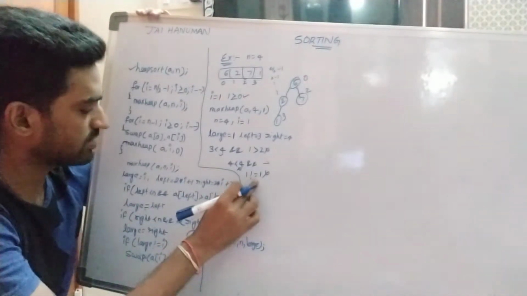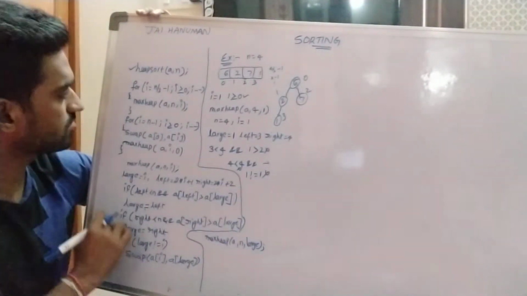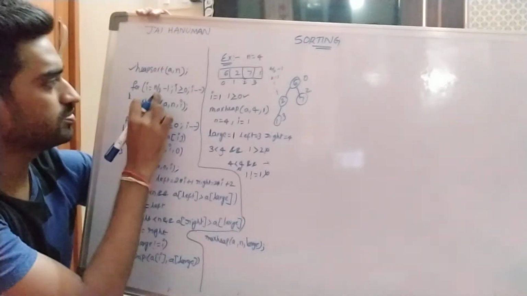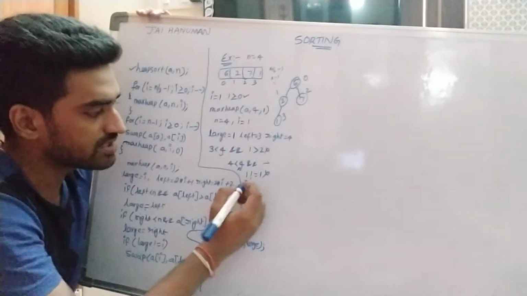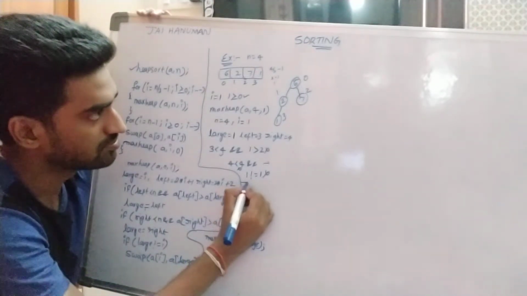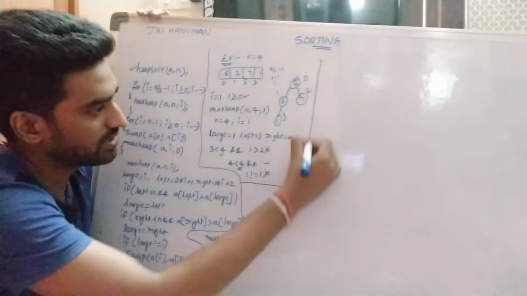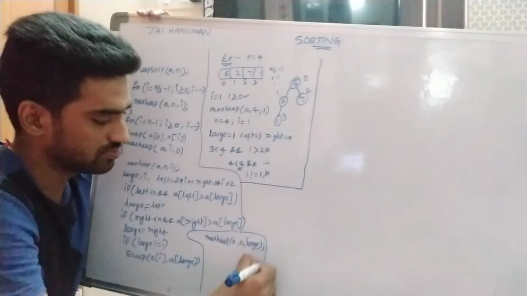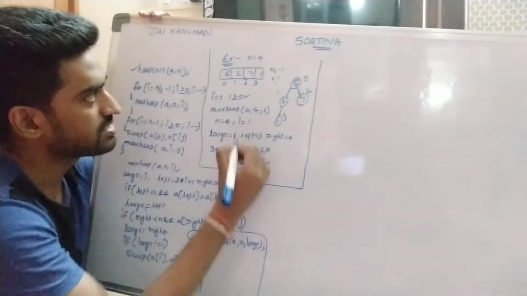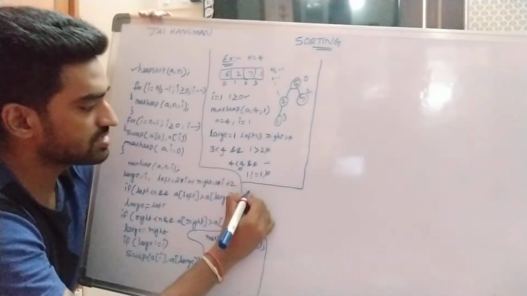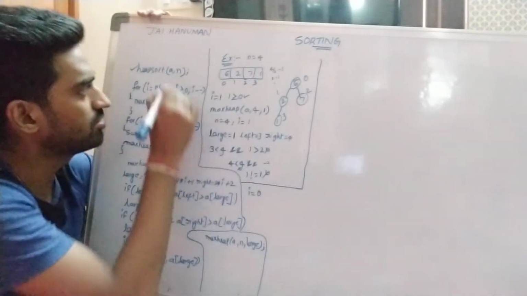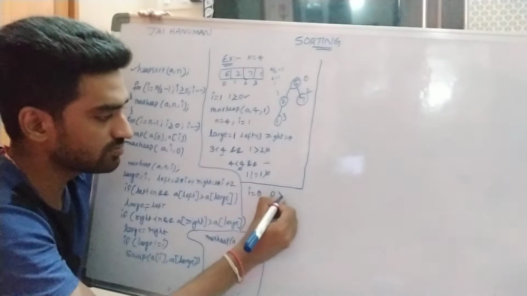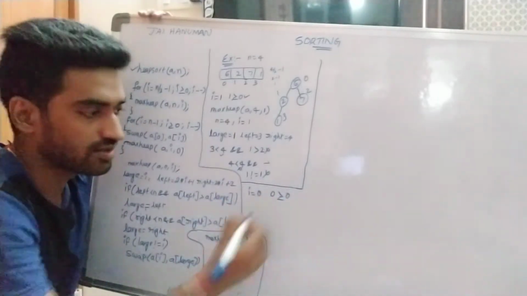After completion of the entire process, the control is passed back to the loop, where i is decremented by 1. So this was step 1. What is the i value? i is decremented by 1, so i is equal to 0. 0 greater than or equal to 0. The condition is true.